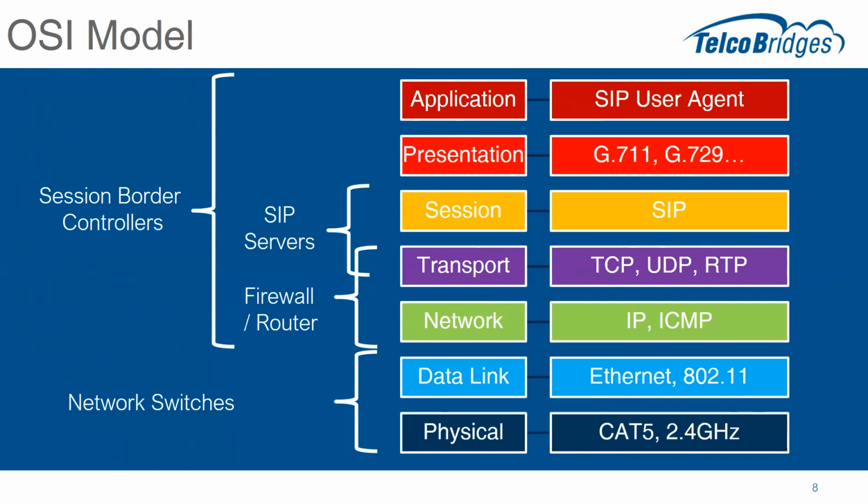And there's all these layers in between, and I won't get into what they all mean, and there's plenty of content on Wikipedia that explains it all. But the elements we're going to talk about today work at different layers within this OSI stack. And maybe, Luke, I'm going to ask you real quick, maybe just explain the four, we got network switches, firewall routers, SIP servers, and session border controllers, and how they interact with the different layers.